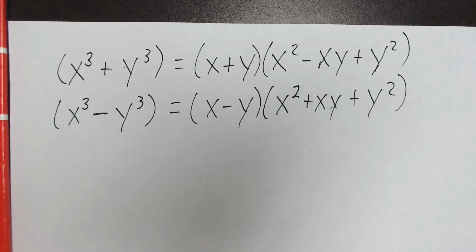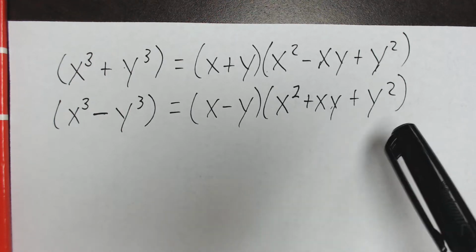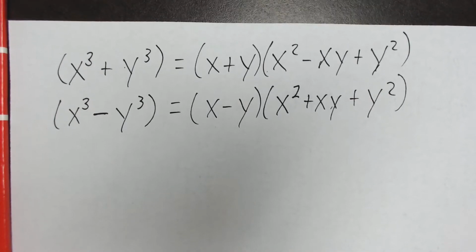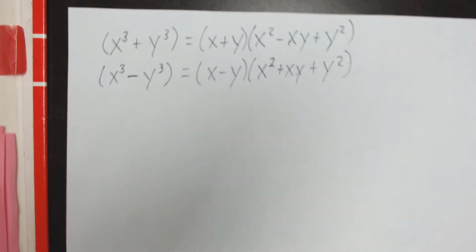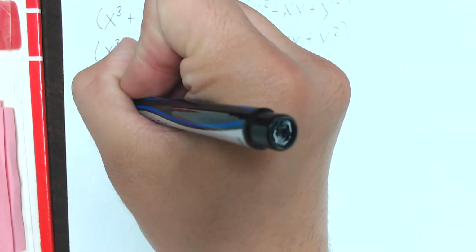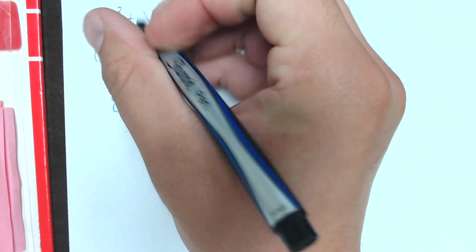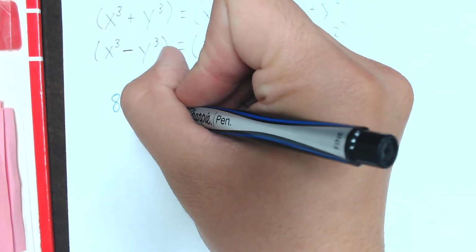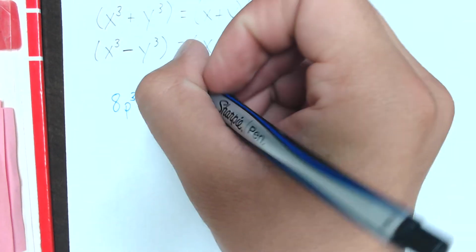It seems like a lot to memorize, but it's not too difficult once you start seeing the pattern in the numbers. And we've done quite a bit of work with quadratics, so this should be a pretty easy form to recognize. Enough talk. Let's talk about how to apply the difference of two cubes. So let's say we have 8p to the power of 3, and we'll do a difference, minus